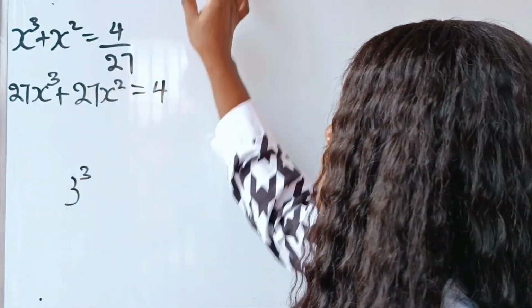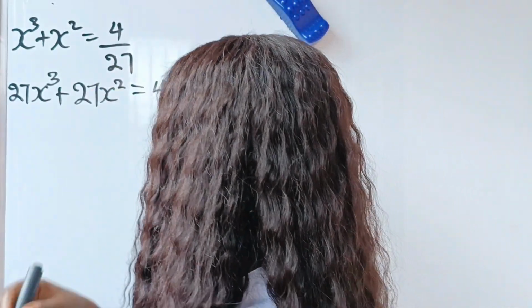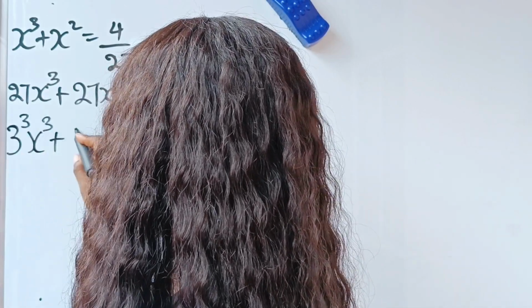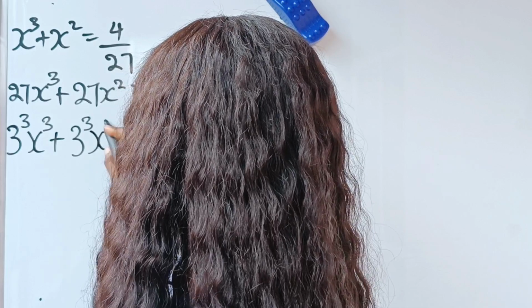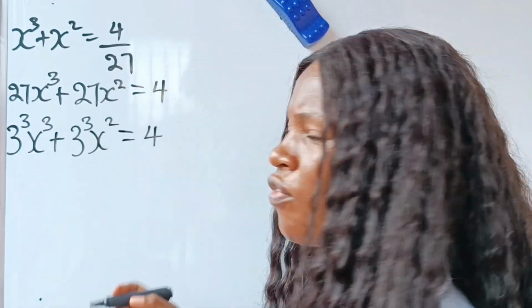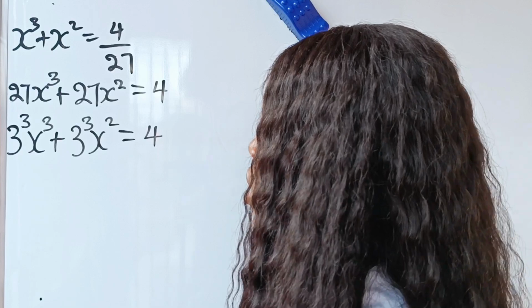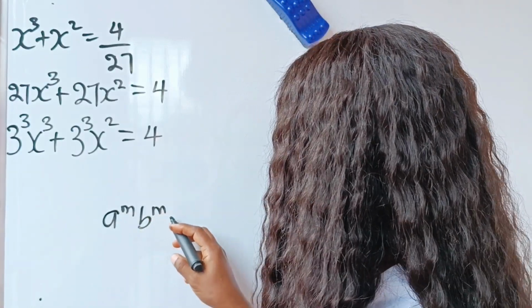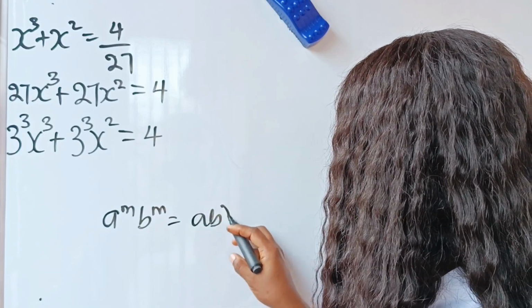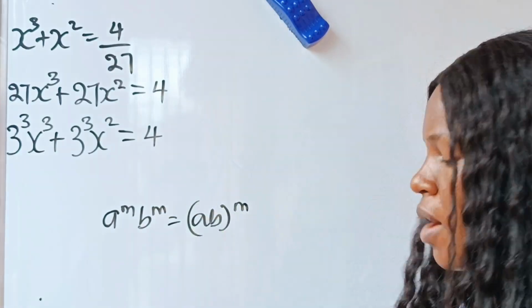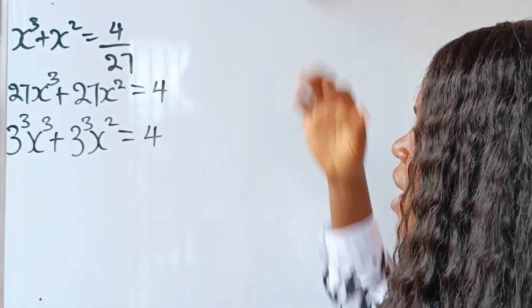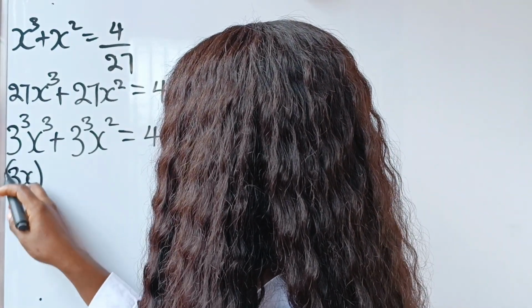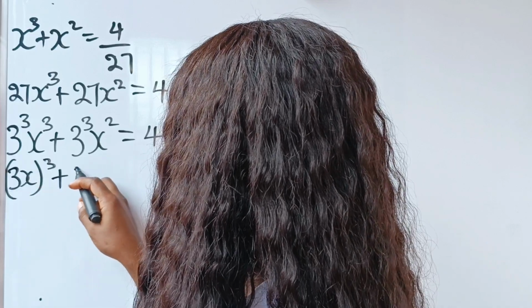That means I can write this as 3 raised to the power of 3 multiplied by x to the power of 3 plus 3 raised to the power of 3 multiplied by x to the power of 2 is equal to 4. Now recall that when you have a to the power of m, b to the power of m, this is the same thing as ab raised to the power of m. So that means that we can rewrite this as 3x to the power of 3 plus 3 to